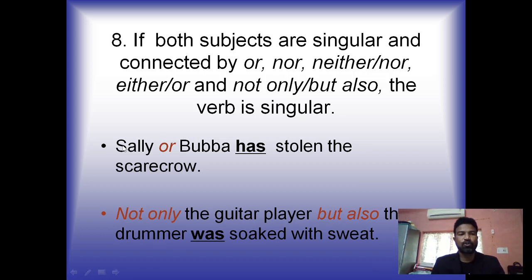So actually two singulars, when they are separated by either or, neither nor, they always take a singular verb. So, not only the guitar player but also the drummer was soaked with sweat. Not only but also. As we have come across here, whenever we are connecting two singular subjects by using either or, neither nor, or nor, not only but also, in such kind of conjunctions,